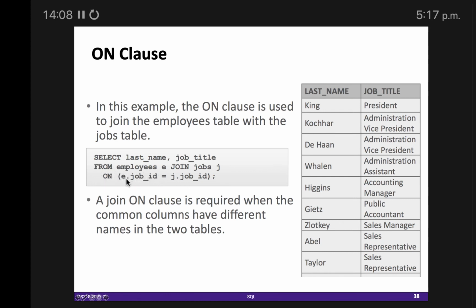The condition is that e.job_id should match with j.job_id. By this way we can get results. That's why we know that King has the job title president in this company. Same is the case with Taylor and others. Any question? Joining 2 tables and getting data from them.